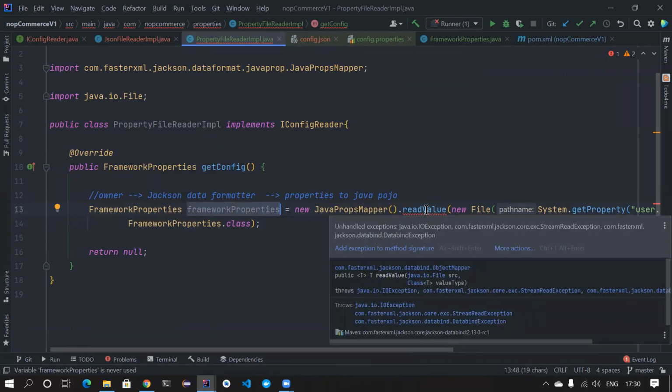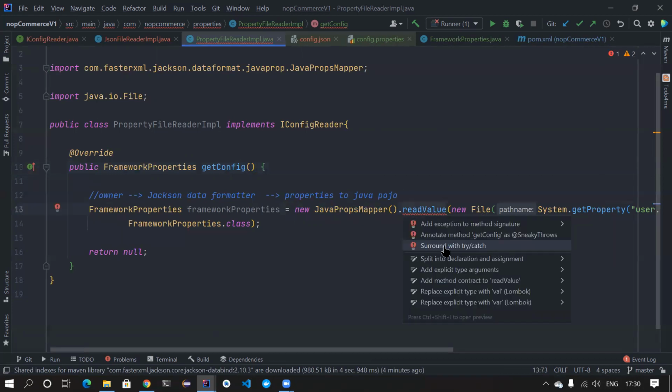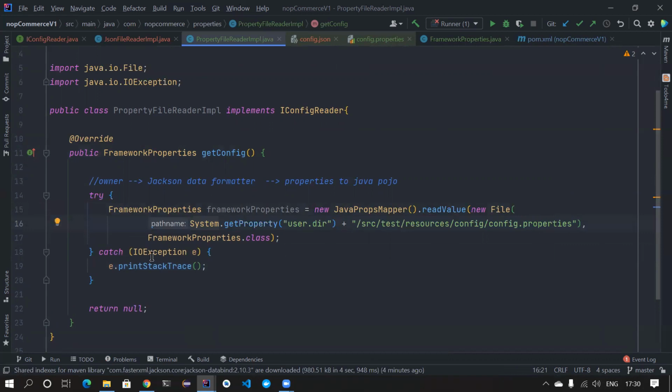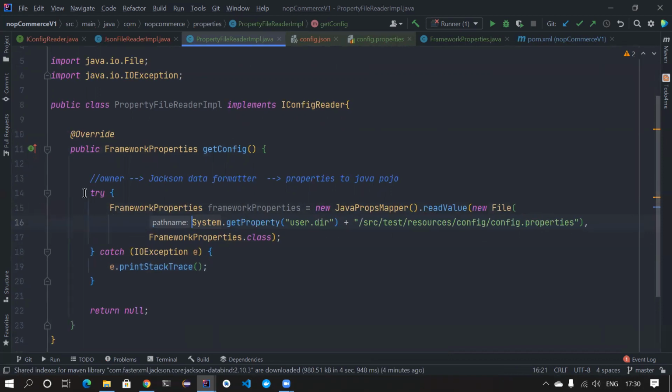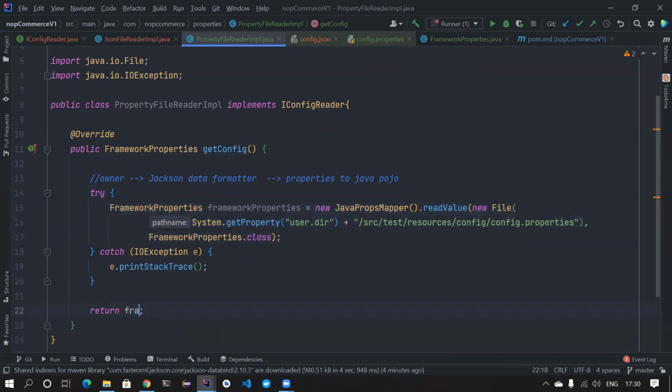Again, there are different ways to handle it. Either you throw the exception in the method signature, but when you throw this in the method signature, it will go back to the caller. So it'll clutter your methods. So what you can do, you can cover it with the try catch block. You can go to more action, and then you can try it, surround with try catch. But again, when there is a file that is not found, what is the reason that I have to continue the program? So this will catch the exception, and then it will do something else, right?